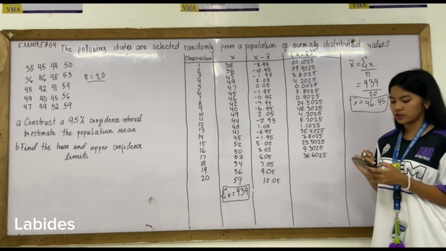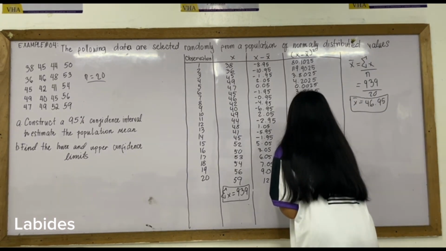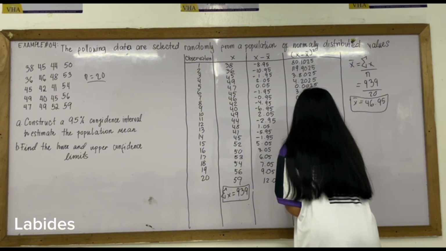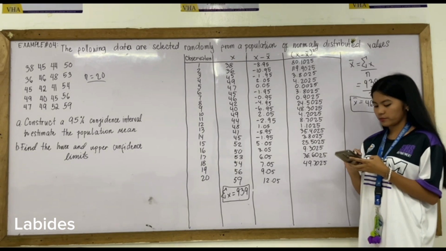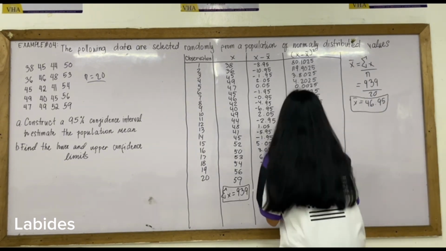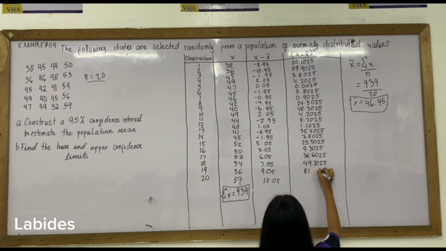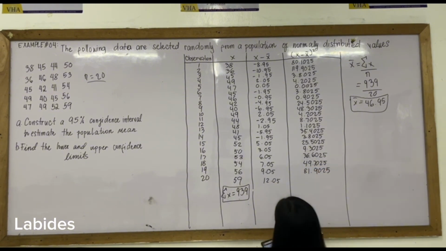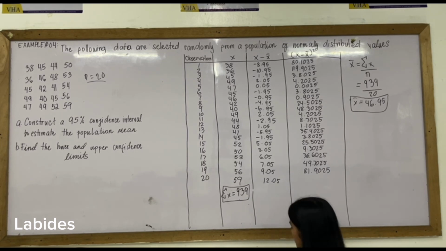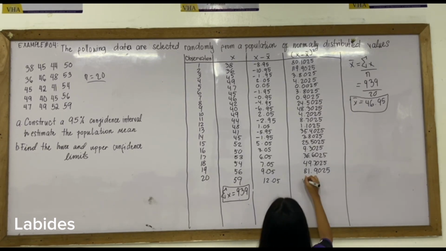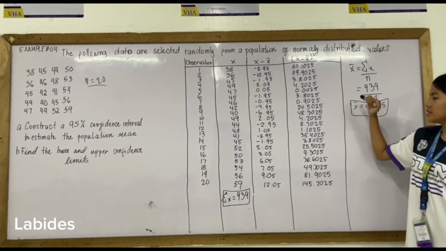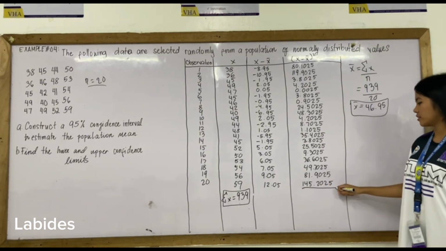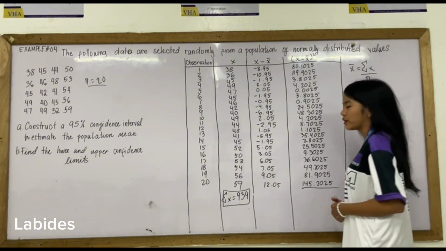Next, 7.05 squared, that is 49.7025. And then 9.05 squared, that is 81.9025. And lastly, we have 12.05 squared, that is 145.2025. So after adding these up, using our calculator,